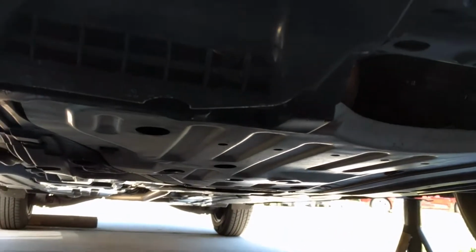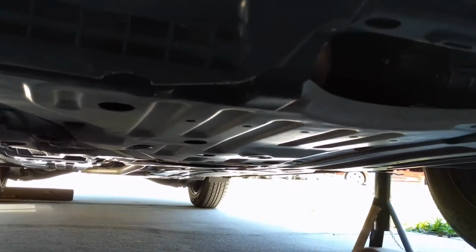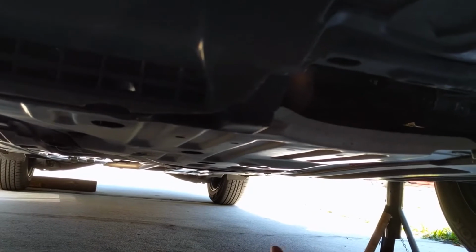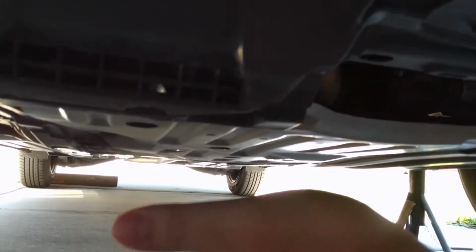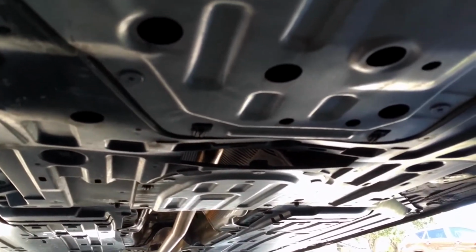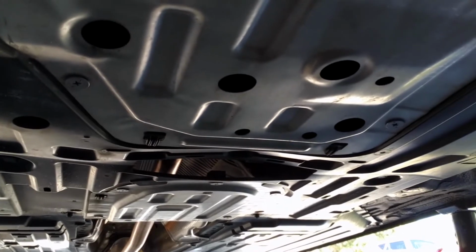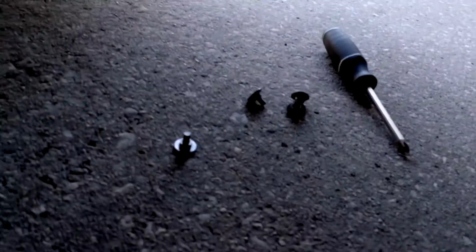Alright, so first step, we got to remove the metal splash shield. There's 4 Phillips head screws around it. Take those out and it slides back. I don't know if you can see that it's in 2 little tabs, so if you slide it back it'll pop out. And once you get all 4 screws out, it's actually 4 tabs. My mistake, you just slide it back, pull it off, set it out of the way,